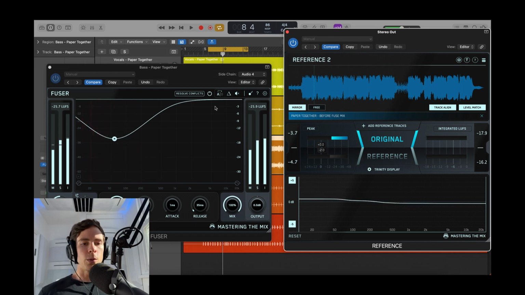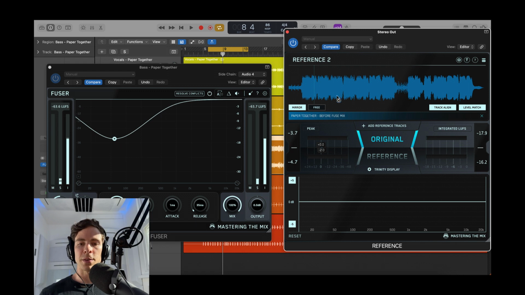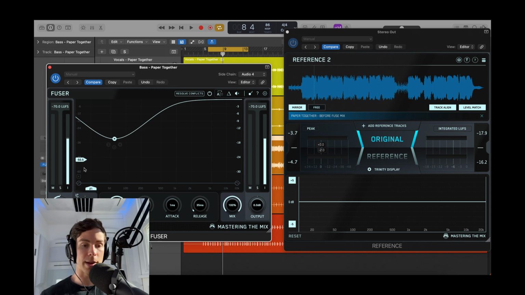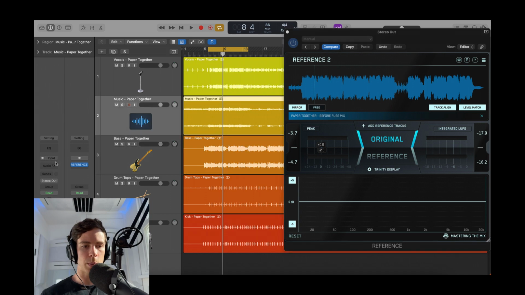Whatever. It's difficult to know when there's an issue until you start solving them. If we had another reference track here, like comparing it against, it would help us make these decisions. But this also is very helpful because you can get the right volume balance, you can optimize the phase, you can do the ducking, and it alleviates the problems pretty successfully. So that's just with the bass there. Again, let's do the same with the music.